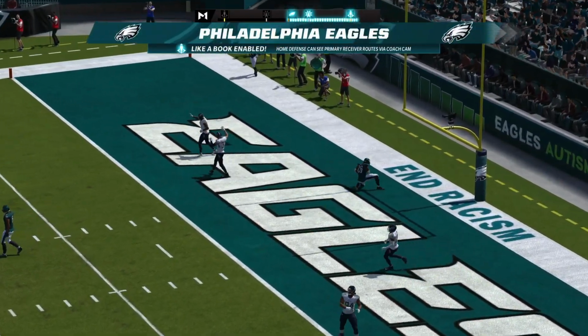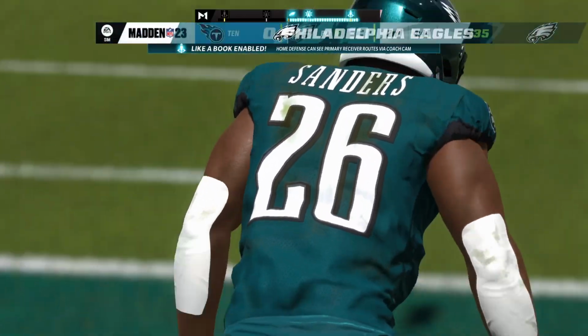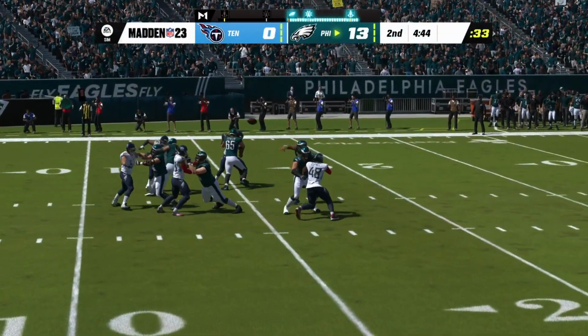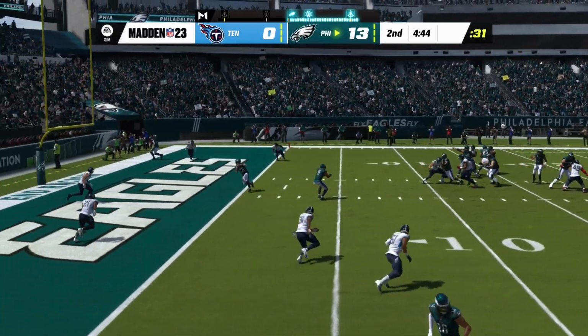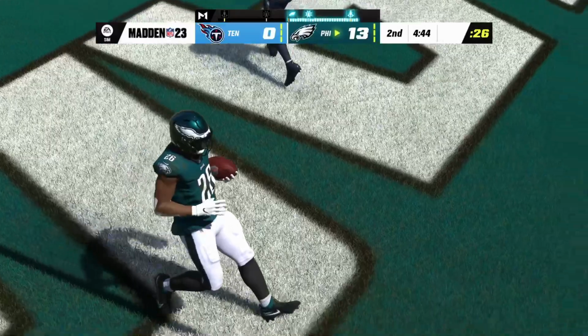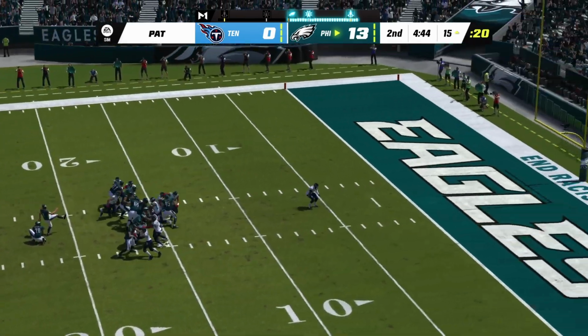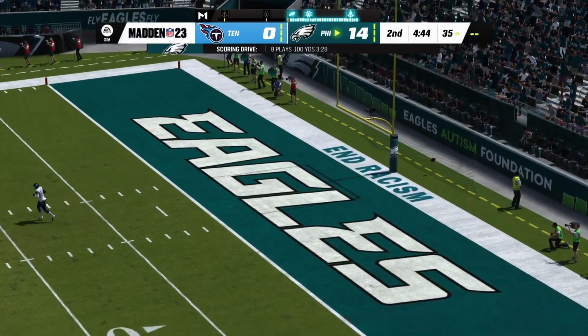And that's going to be caught for an Eagles touchdown. Miles Sanders, he scored on the ground and through the air. And the Eagles go coast to coast and finish the drive off with 6 points. Well, he wasn't the guy they were initially going for, but after going through the progressions, it worked. When you have plenty of people who can catch the football, you don't always have to go to your primary target, and sometimes that target is actually